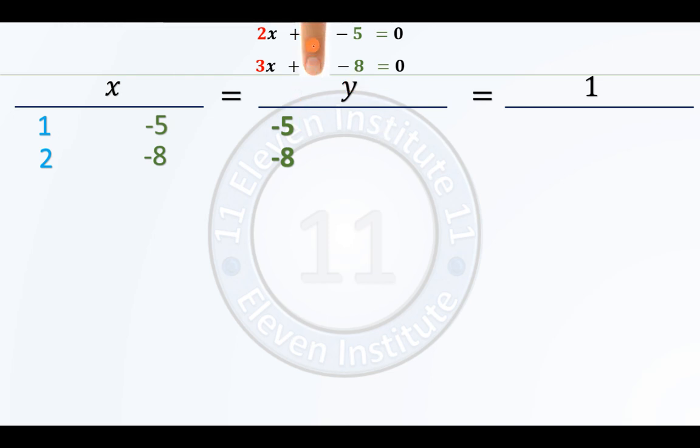Now when I place my finger on y, what is visible to me is x and the constant, or more specifically if I talk about coefficients, 2, 3, minus 5 and minus 8. Now minus 5 and minus 8 are already written over here. So what are you left with? You are left with 2 and 3. So we will just copy this 2 and 3 over here.